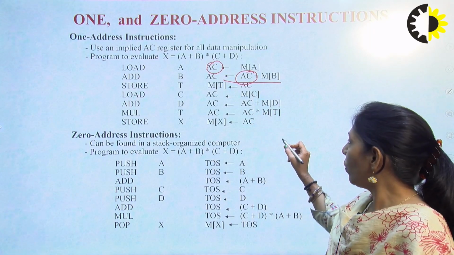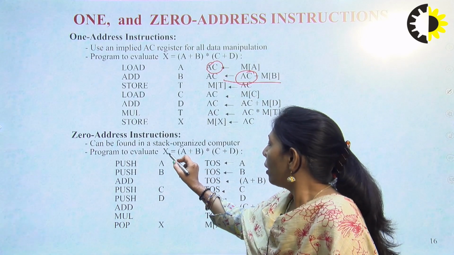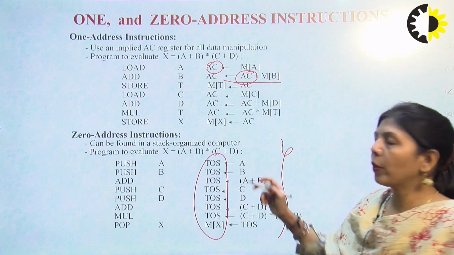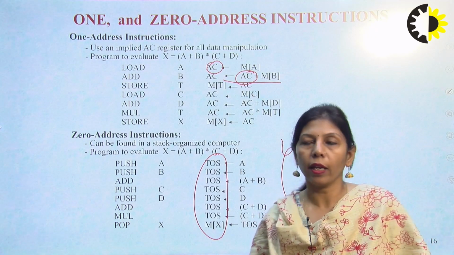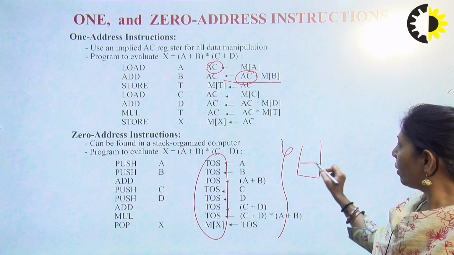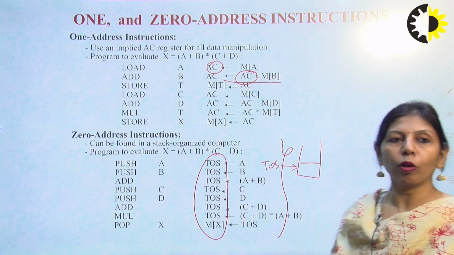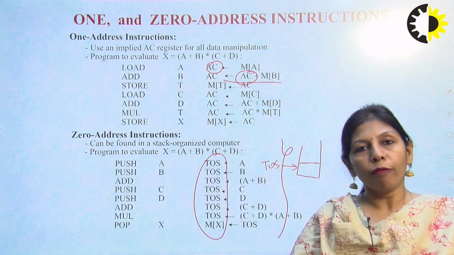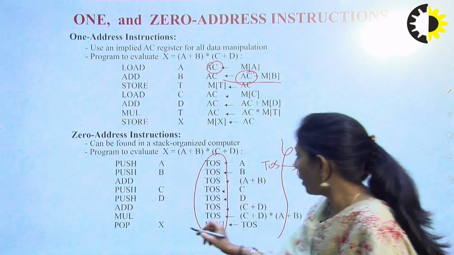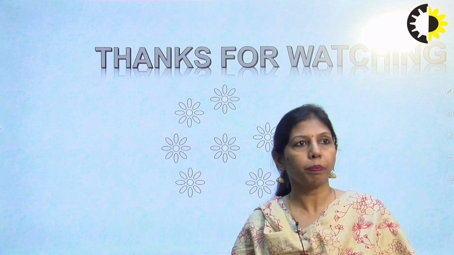The same thing when done by the stack organization, what we see is simply that the operations are performed on the top of the stack. All the values are brought to the top like this. If this is the stack, then whatever it is pointing to, all the values are brought to the top of the stack, and further the value is popped out when the final value, that is the value of x, is recovered.